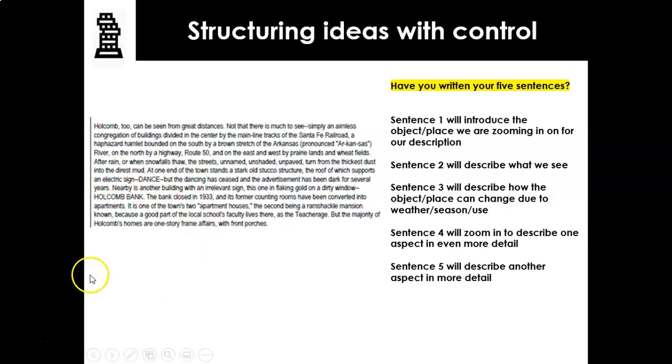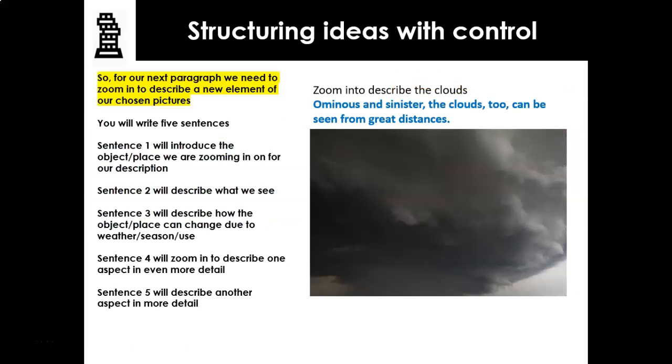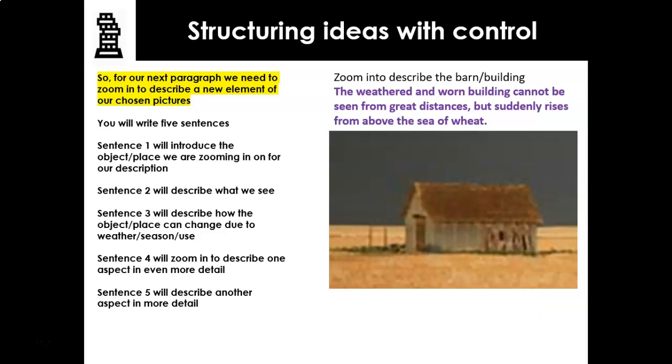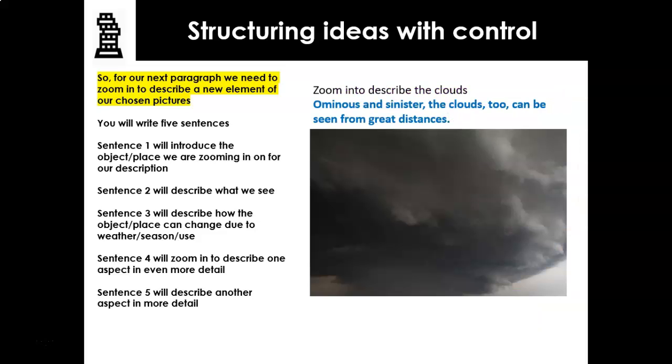All right, guys, thank you very much. So once more, for the cheap seats at the back, your second paragraph is going to be a zoomed in paragraph where you describe one element of the picture in more detail. Your sentences, there has to be 5 of them. Follow the instructions on the screen. If you want to go beyond what's there and you might end up writing more, or you want to play with the order, you can. But this is the minimum that I expect to see, that your teachers will be expecting to see.